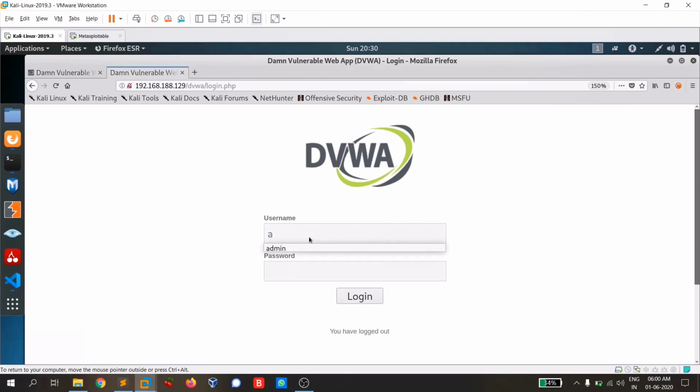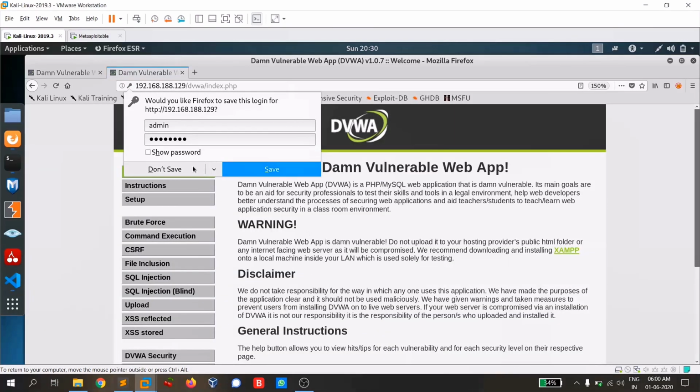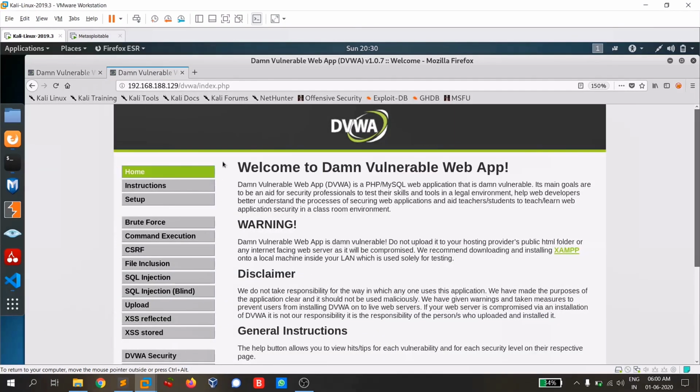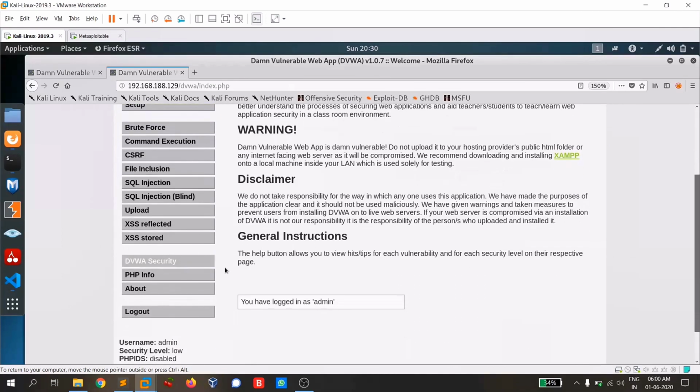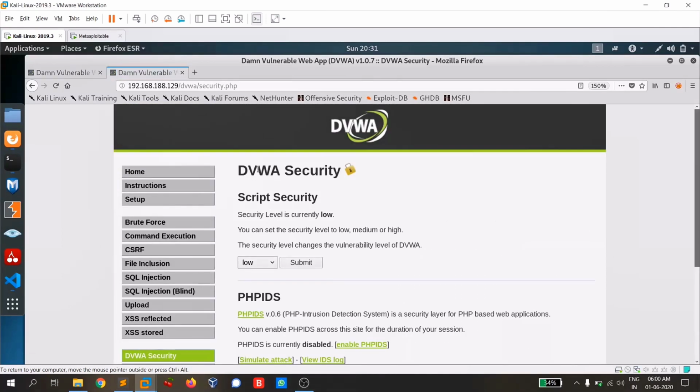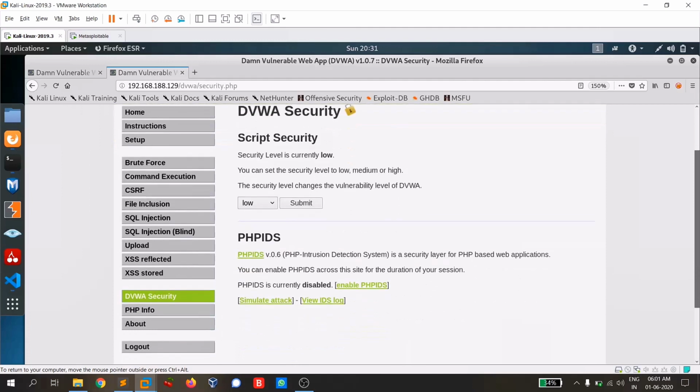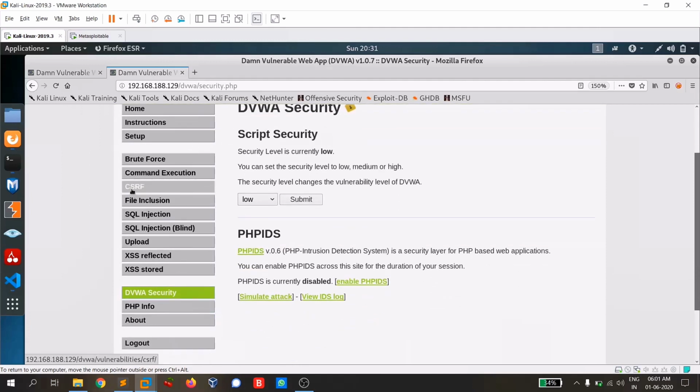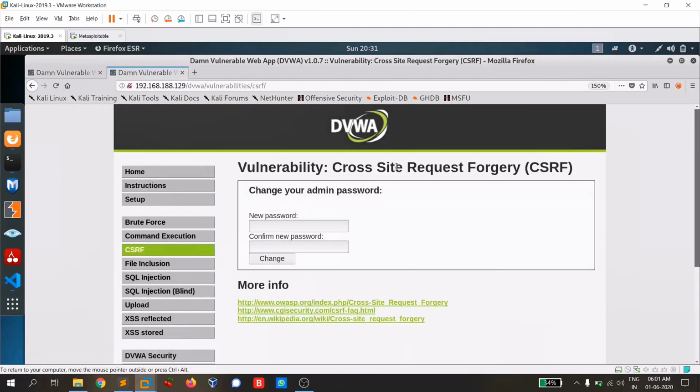So I'm going to log in. This is my DVWA and the credentials are admin and password, and I'm going to set the security to low, and here you can see an option called CSRF. Click on this, and here you can see an option called change your admin password.